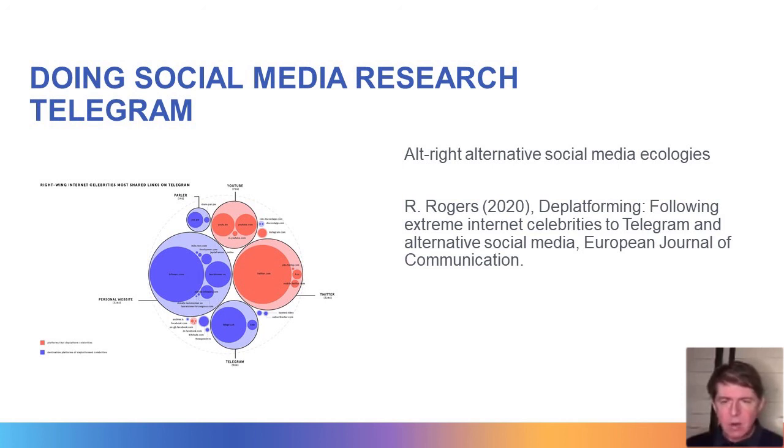extreme internet celebrities, and what we found in particular was that there are certain platforms that they still link to that they've been thrown off of, like Twitter and YouTube. But others that they've also been thrown off of, they hardly link to at all, like Facebook and Instagram. First of all, we found that we could do cross-platform analysis by just looking at this single platform, but also that some platforms are still relevant to them despite being deplatformed, whereas others are not relevant. This was in some ways a partial answer to the question of for whom does deplatforming work? And it seemed to work for Facebook and Instagram in the sense that they are no longer of interest to